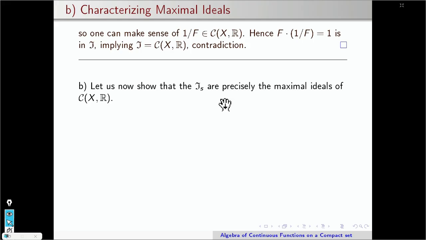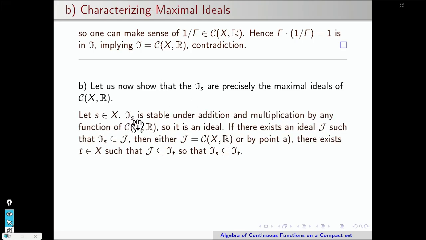So let us first show that this is a maximal ideal, and then that the maximal ideal is of this form. Indeed, if I take two functions that vanish at S, their sum and product will vanish at S. And if I take a function in this ideal, I multiply by an arbitrary function or by a constant, it will again vanish at S. So this is an ideal. To show that it is maximal, we take